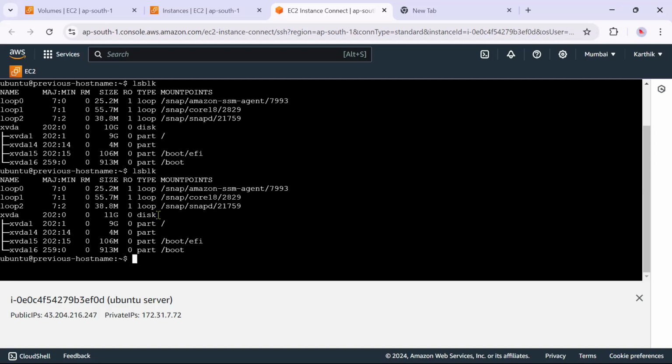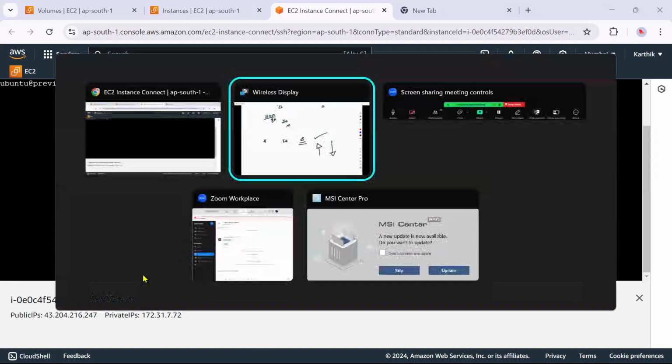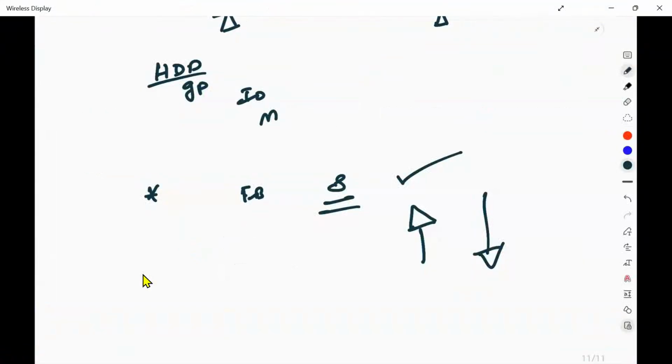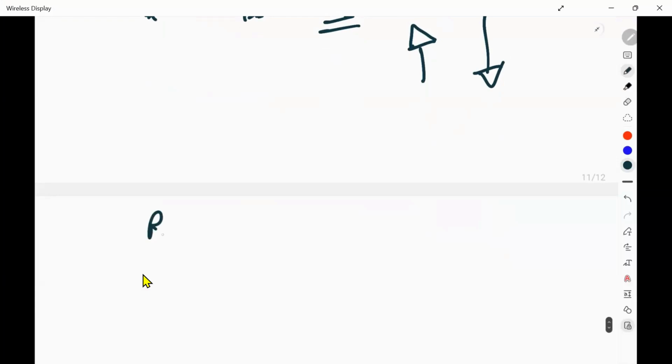At that point of time, you just need to execute this command. For resizing your EBS volume, if it is not reflecting,